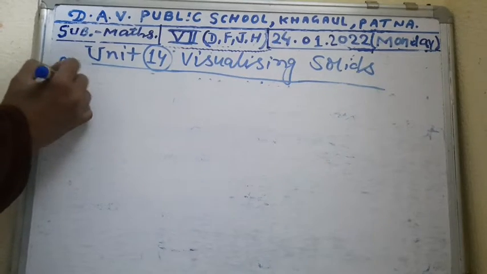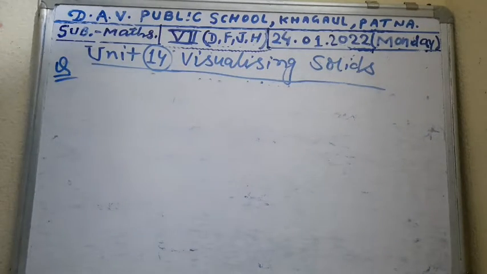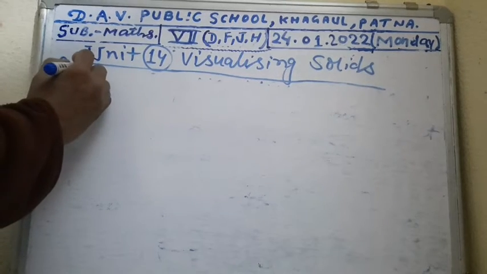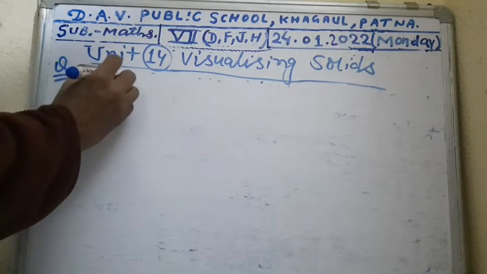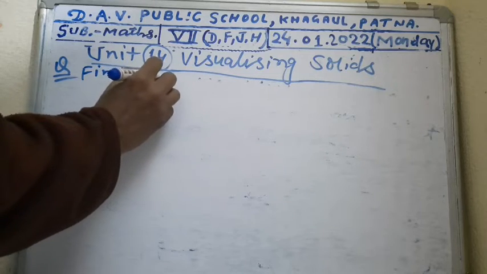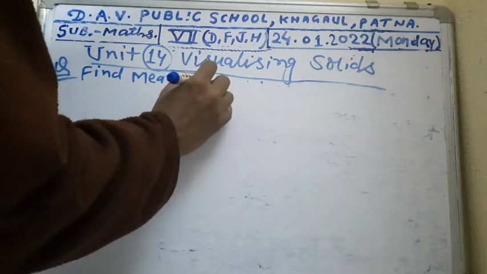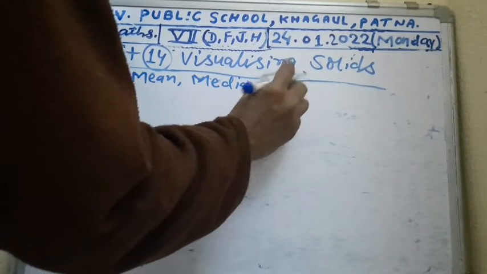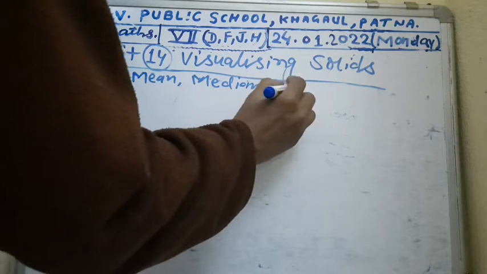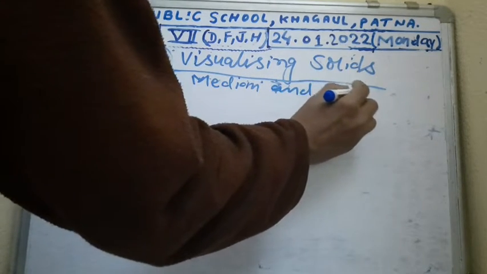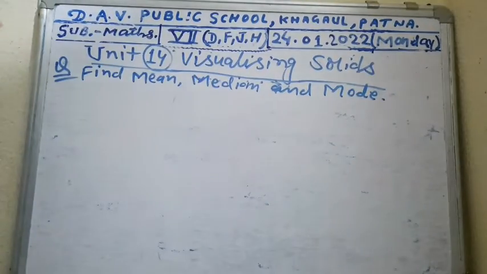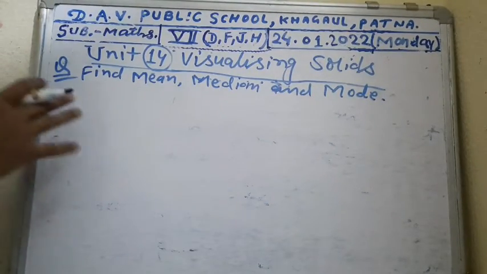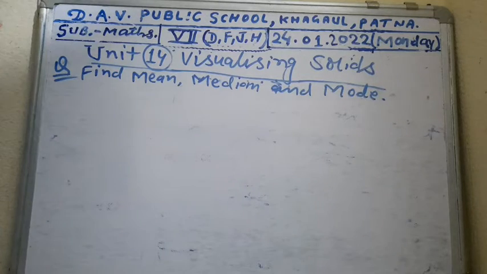Question is that find the mean, median and mode of the following observation. Observation is